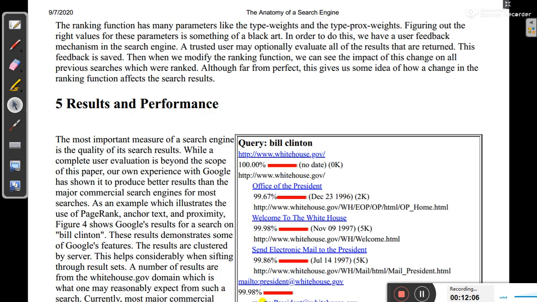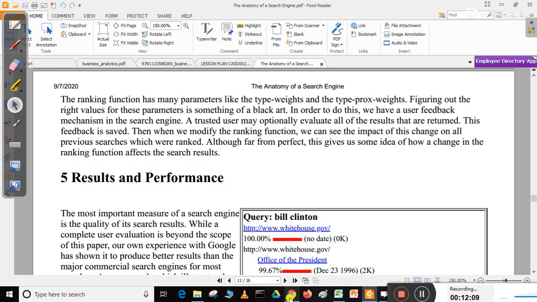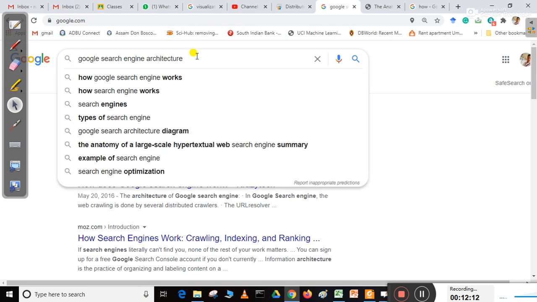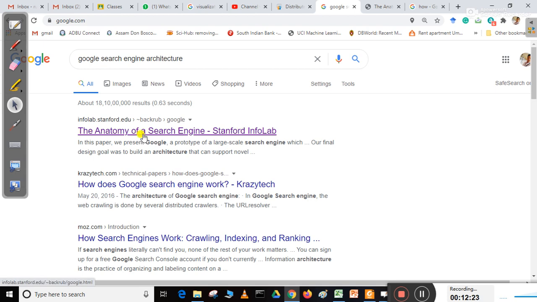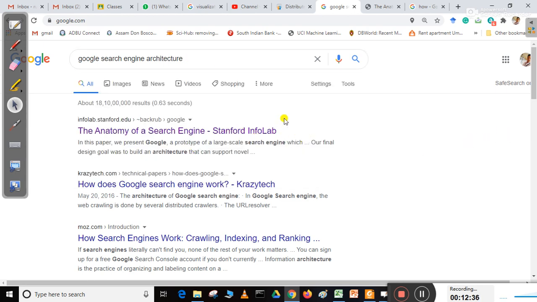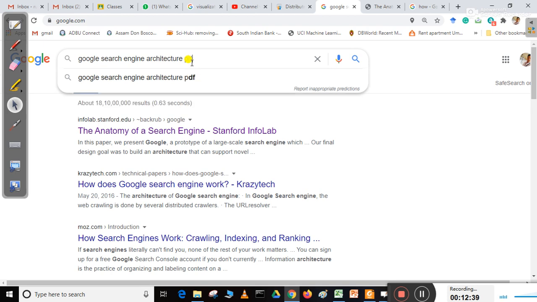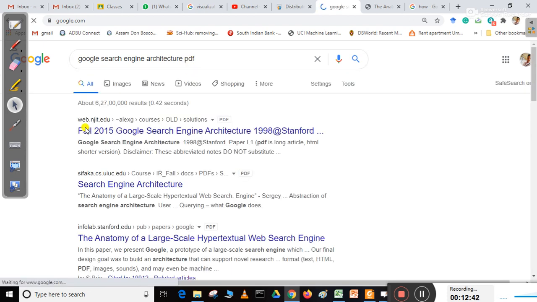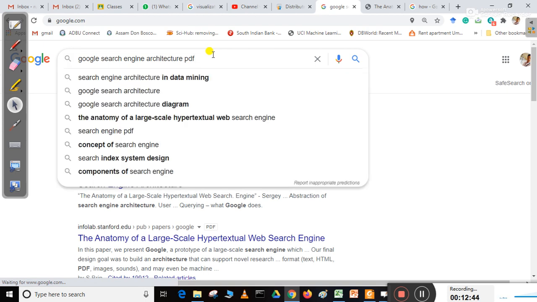And again I can show you here, if I write this, these are the possible outcomes. This one is the highest ranking for my search phrase, so this is giving the highest rank. If we put some other word, it will give a different page. Suppose if I put PDF, it will give a different page. If I remove this one,